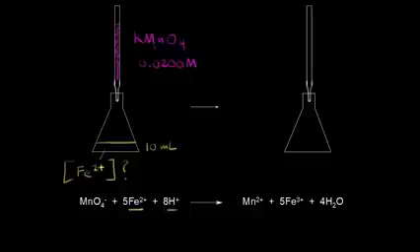And potassium permanganate is, of course, the source of permanganate anions, because this would be K plus and MnO4 minus. So down here we have a source of permanganate anions. And we're going to drip in the potassium permanganate solution. And when we do that, we're going to get a redox reaction. So here is the balanced redox reaction. And if you're unsure about how to balance a redox reaction, make sure to watch the video on balancing redox reactions in acid. But let's look at some oxidation states really quickly so we can see that this is a